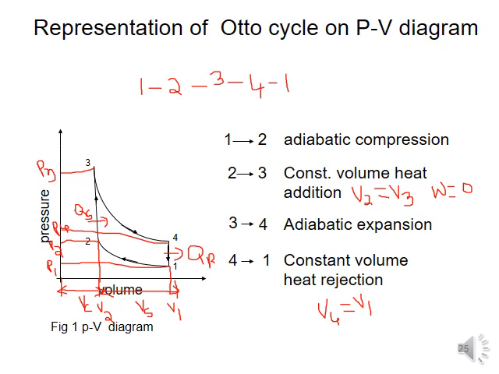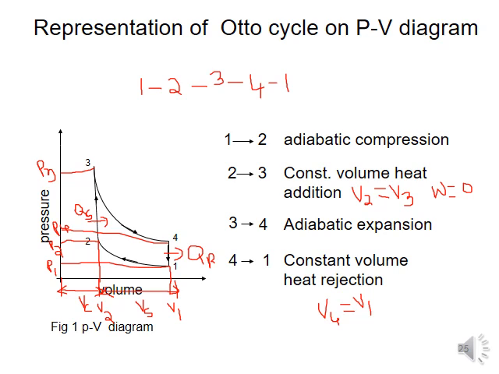Some assumptions are also made in the Otto cycle. In the next class I will tell what the assumptions for the Otto cycle are, and we will see the animations of the Otto cycle also. We just have to remember the four processes of the Otto cycle. In this class we discussed how to solve the problems of the Carnot cycle, and then the representation of the Otto cycle and the four thermodynamic processes.